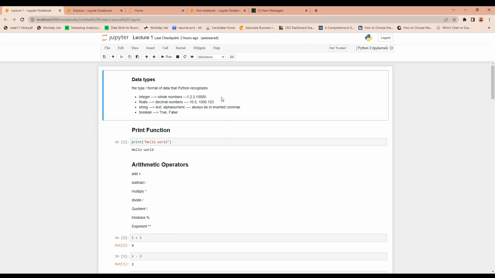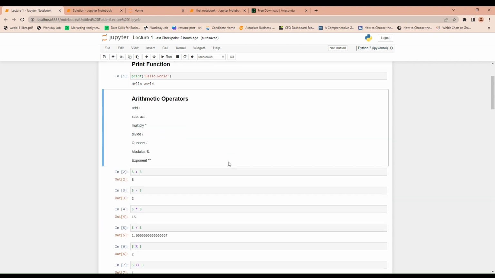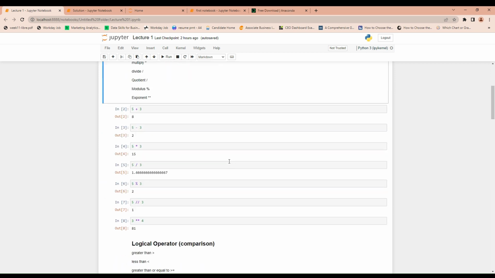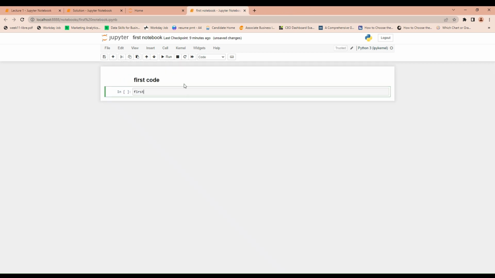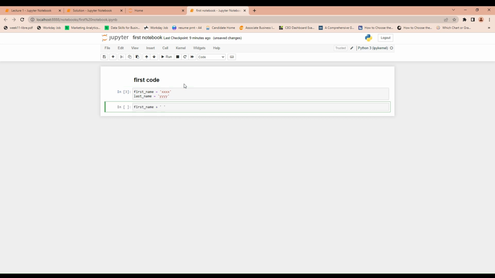In Python, we make use of several data types such as strings, integers, floating point numbers, and boolean. To get a message in Python, we use the print function. Python also has several operators such as arithmetic and logical operators, as you can see on the screen. To better understand the basics of Python programming, we will write a simple code which concatenates the first and last